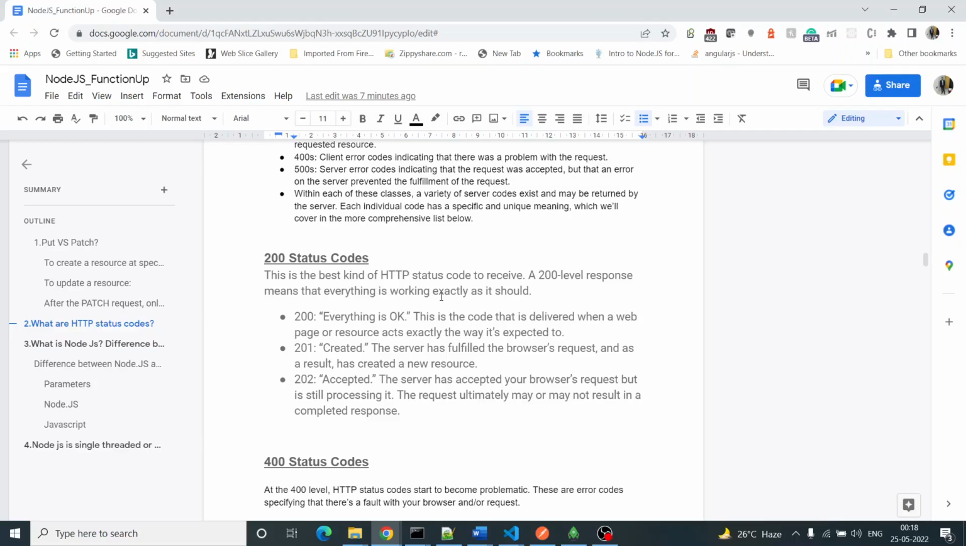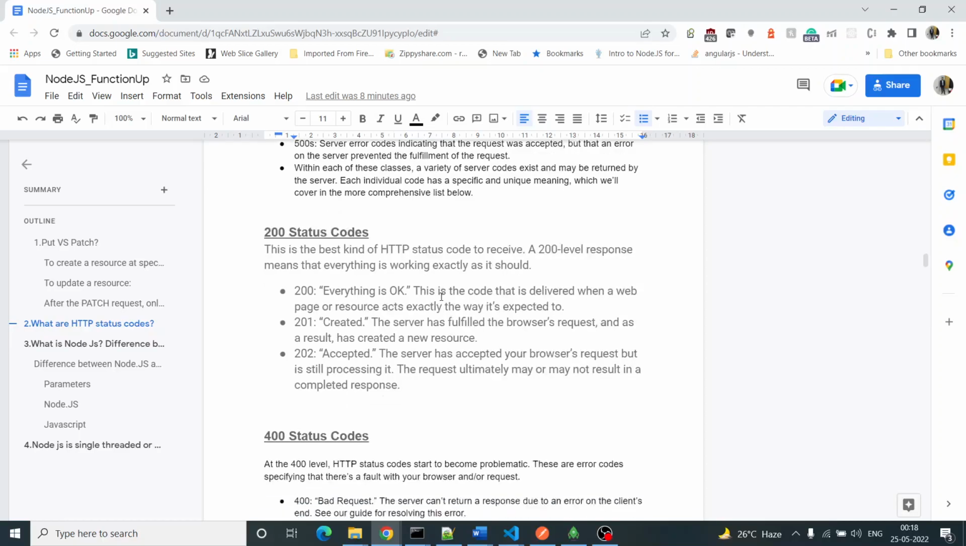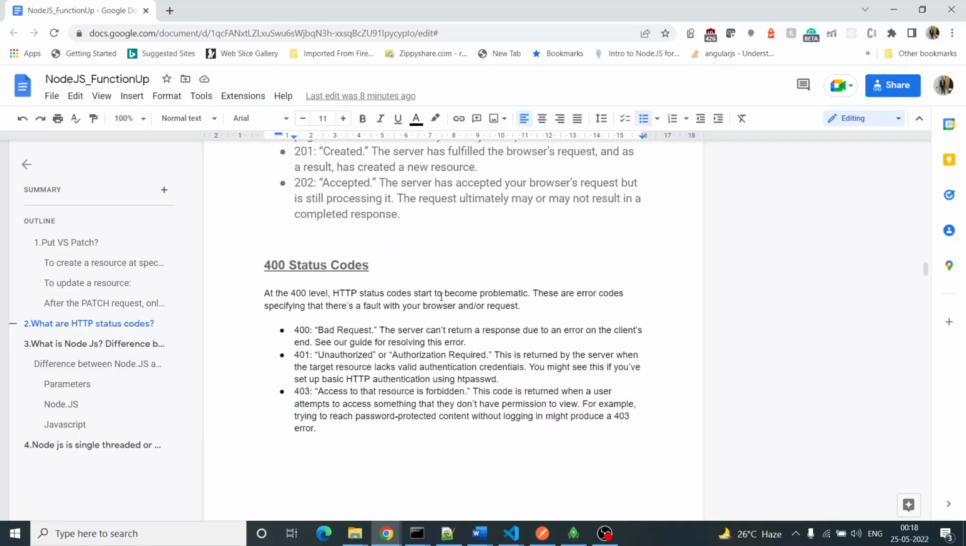Everything worked fine, right? 201 means the resource which we are trying to create on the server was successfully created. 202 means the request which the client has made is accepted, and the request is in process mode. That is 202. Then the 400 series, like I just explained,